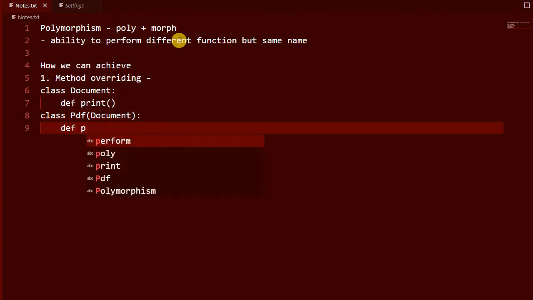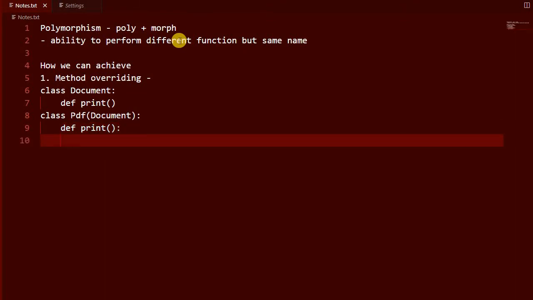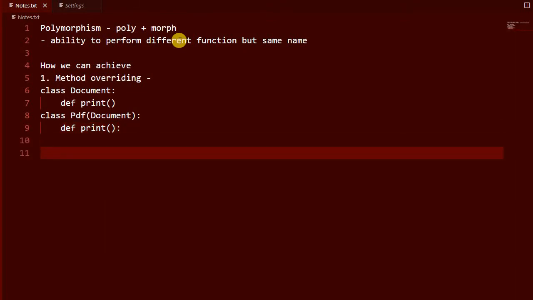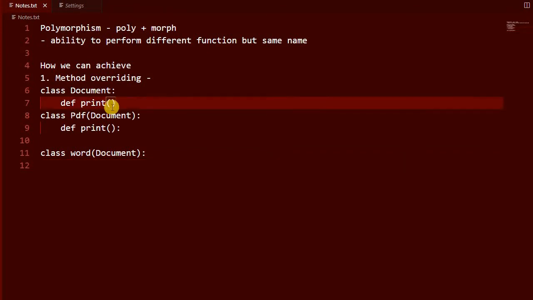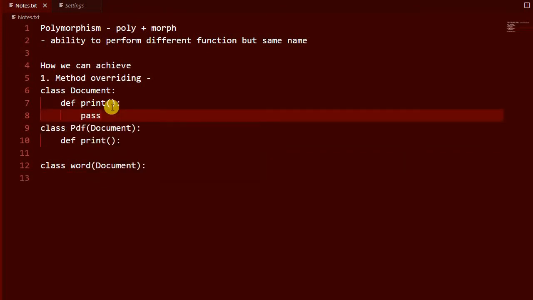We can override this print method and implement it according to their needs. In the same way, a Word document class can print in a different way. This is known as method overriding: a base class has one method which may or may not have an implementation. If we don't want to implement it, we can use pass.